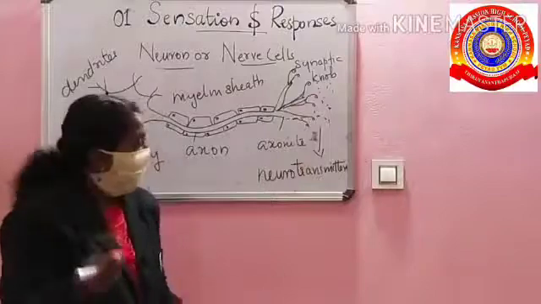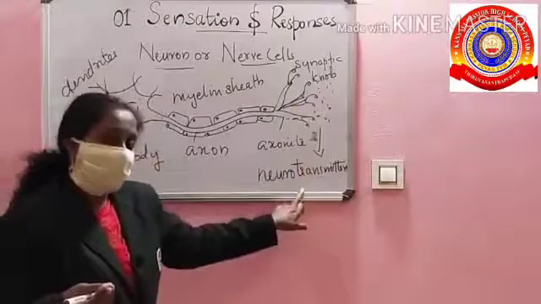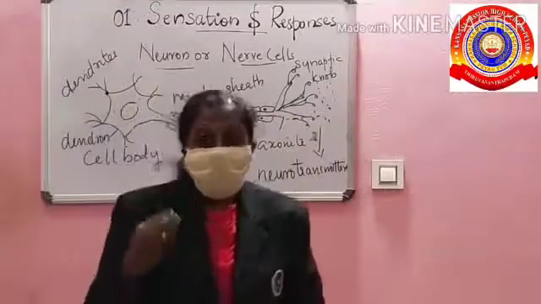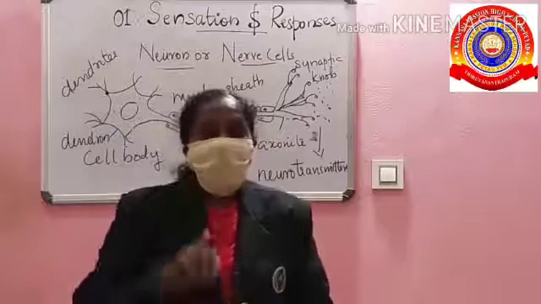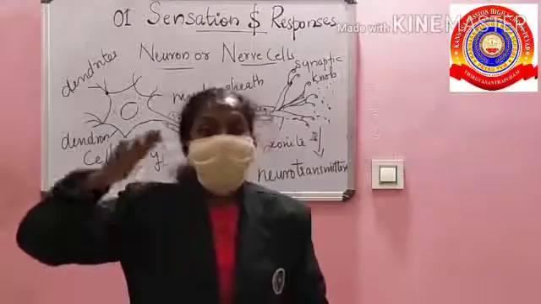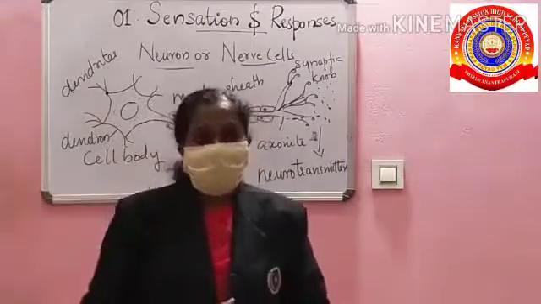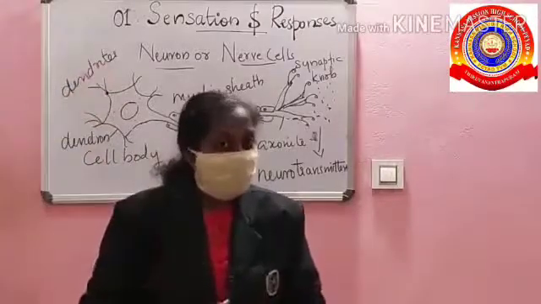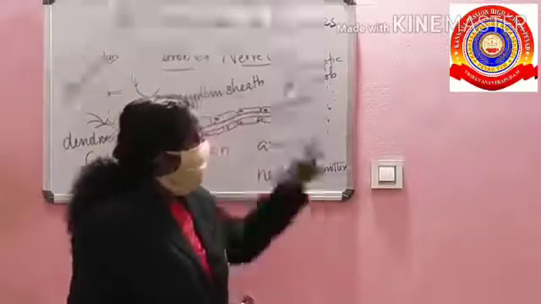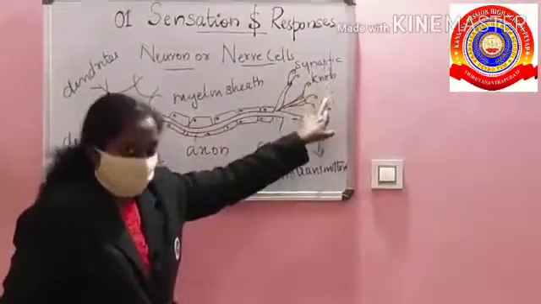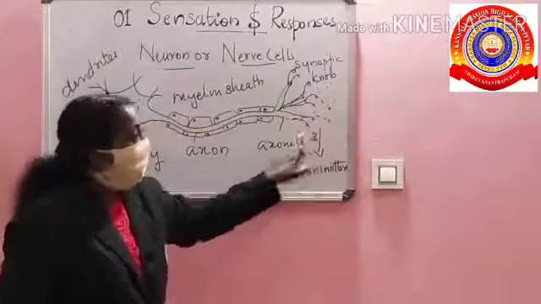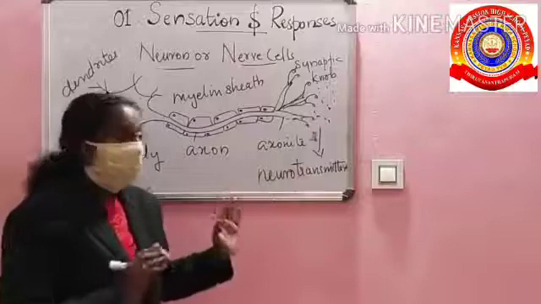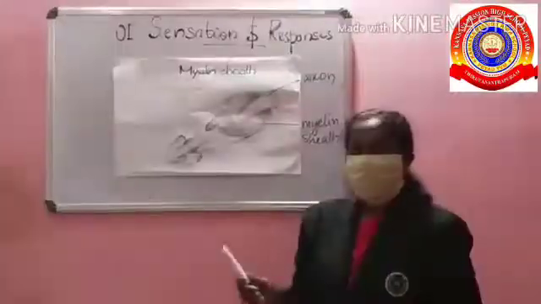A chemical substance called neurotransmitter. If the chemical substances are not ejected in the correct manner, the messages will not move to the adjacent neuron. That means the messages will not reach the brain, so response will not take place. So it's very important that when the impulses reach the synaptic knob, they secrete a fluid called neurotransmitter. This is the structure and function of the neuron.